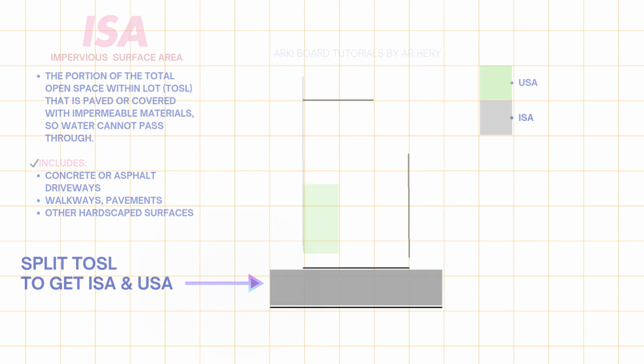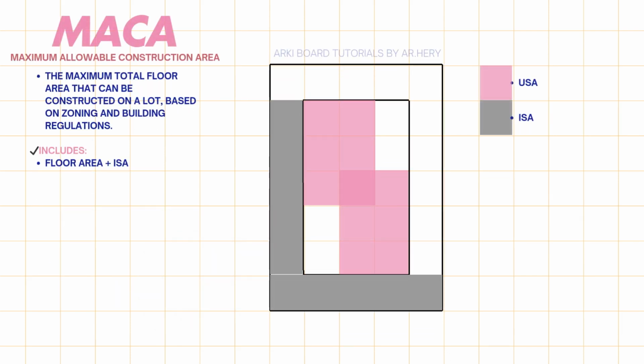absorption. MACA refers to the maximum total floor area that can be built on a lot, based on zoning regulations and the allowed floor area ratio, FLAR. In simple terms, it is the limit of how much total building floor space you are allowed to construct across